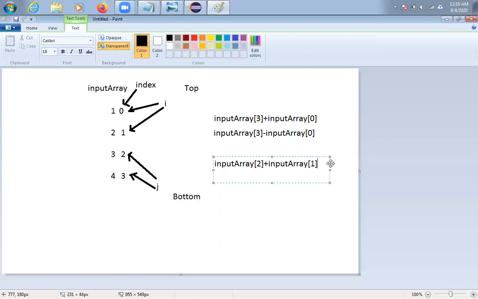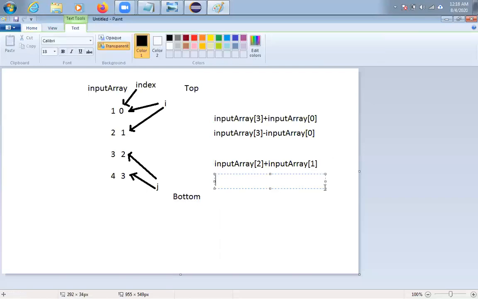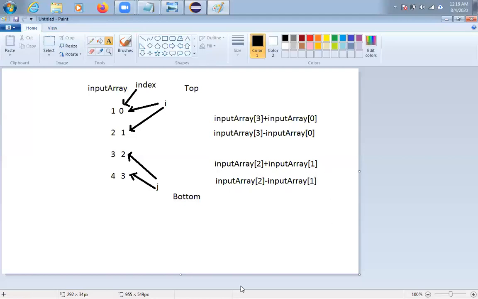Then you'll get the second highest element and second lowest element sum, and the difference I want. How to get it? Say 2 minus, say, input array of 1. Like this, I'll get it, friends.